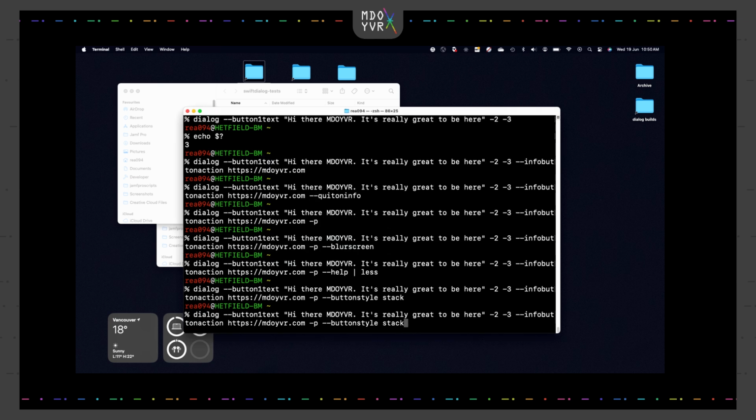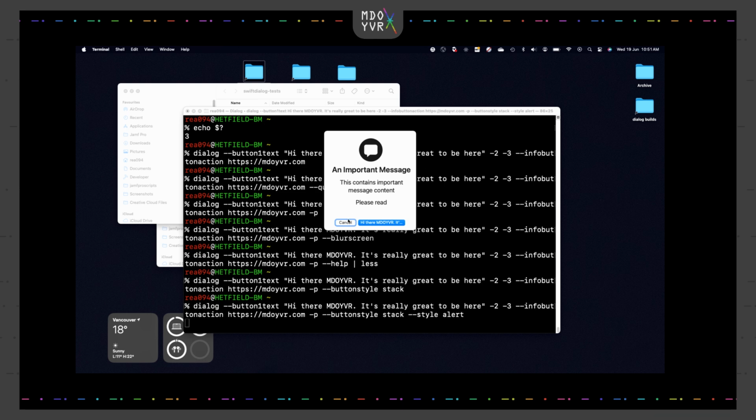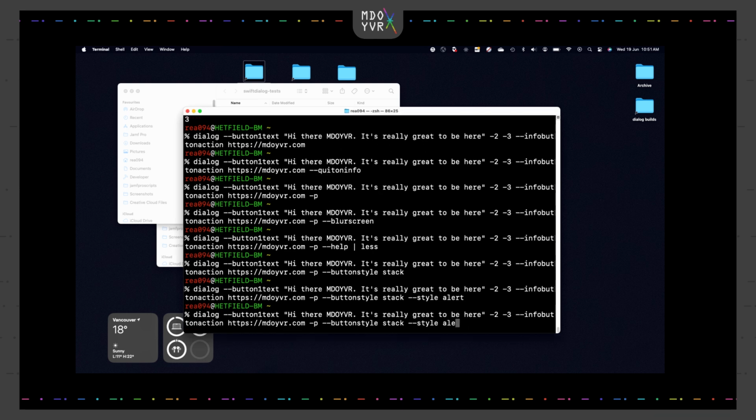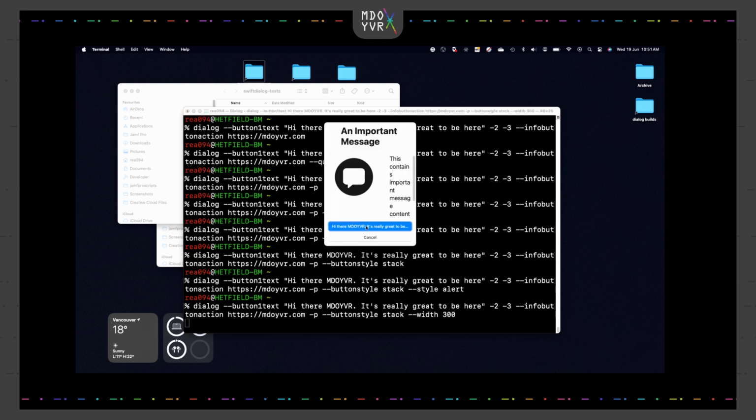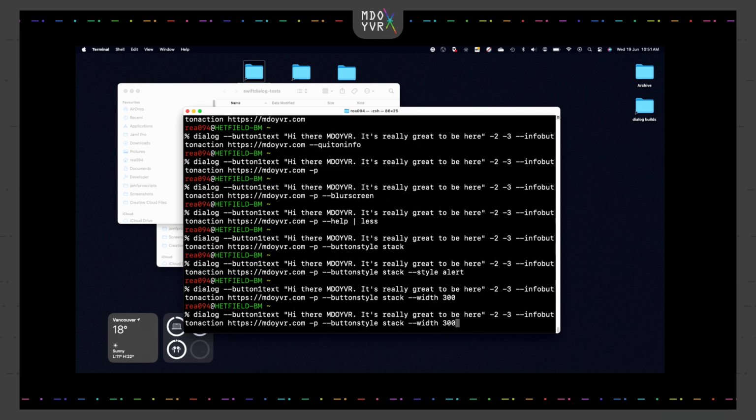That's more useful if you have a slightly smaller window. Anyway, don't worry about the formatting, but we've got a stack style, one on top of the other like that, and the other style is